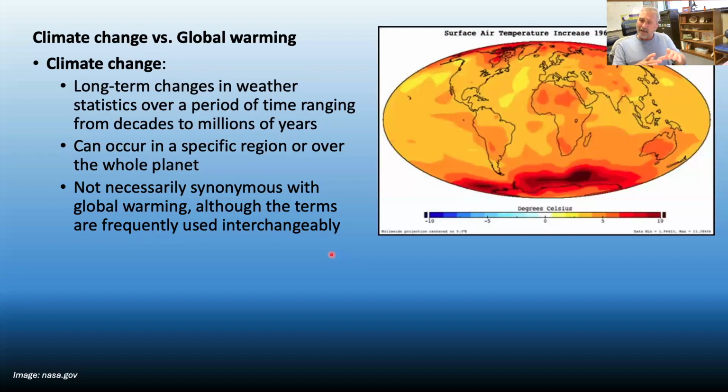And this might be, again, specific to a region. So, again, we might look at climate across North America, for instance, or more often it's going to be global in scope. It's not necessarily, like I said, synonymous with global warming, but you'll hear a lot of times, especially in the public press, those two terms used interchangeably. Sometimes global warming is used again to describe really more recent events in the climate, as the climate has been warming over those last 100 years or so. Okay.